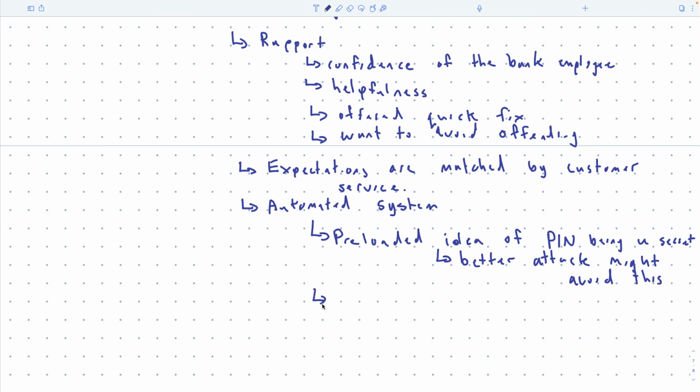But then they ultimately had a solution. Their solution was you're going to type it in with your cell phone, with the numbers, to a robot as opposed to telling it to a human. Now, is that actually more secure? We saw that it wasn't in the context of the attack, but generally, would you be more willing to give a piece of secret information, if you think you're actually dealing with the real bank, to a computer as opposed to a human?